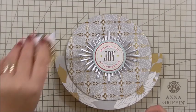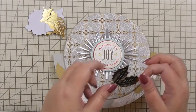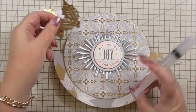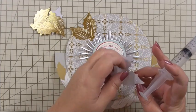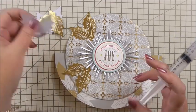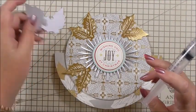Next, I have some stickers from the favourite 3D embellishments. Now these are just holly stickers, and even though the stickers are on the back, I'm going to add some silicone glue to these. I'm going to go as quick as I can, and I don't want you all to think, oh, she's going to take ages to do this, because each of my layers is going to have a little bit of silicone, but it's only because there's going to be so many layers, I want them to be able to stick well. So I've got 5 of these holly stickers in the gold,